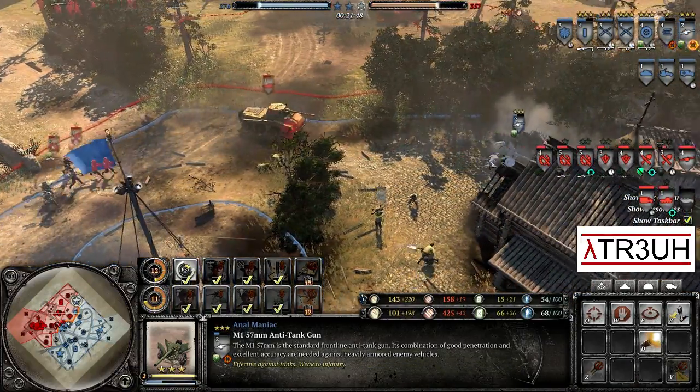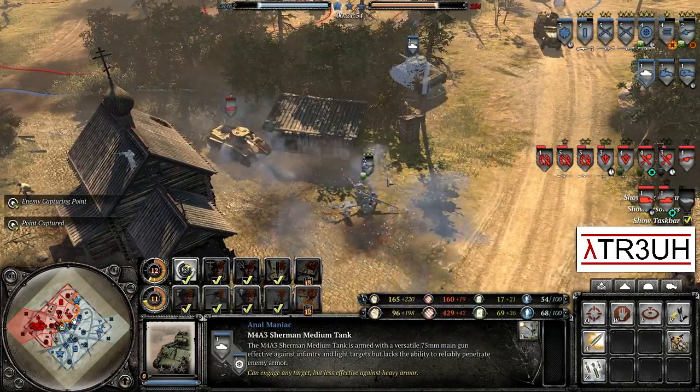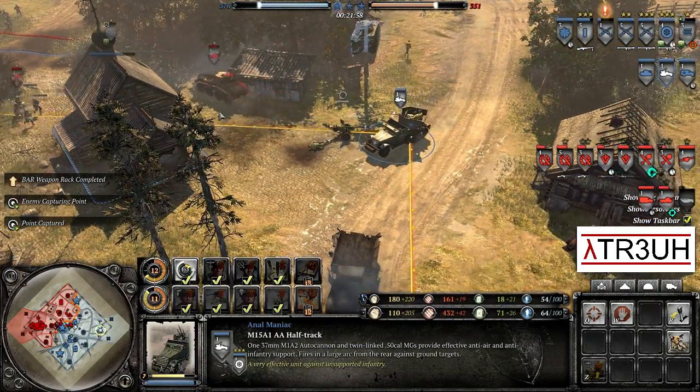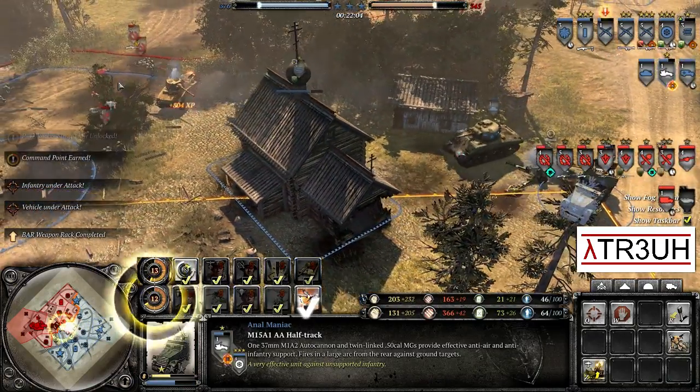Puma trying to catch the AT gun out of position, and it does. 50 cal machine gun also very out of position, going to be popping into the house. The Sherman is nearby. It does have armor piercing rounds equipped, and the flak half-track is racing to attack the Puma. We'll get some shots off on the Puma, but the Puma is going to be fine. It's actually going to do more damage to the...